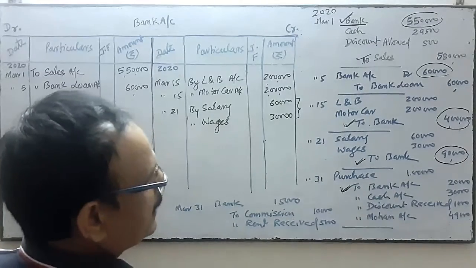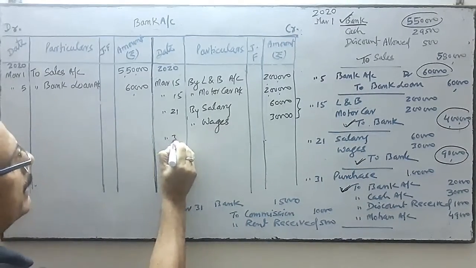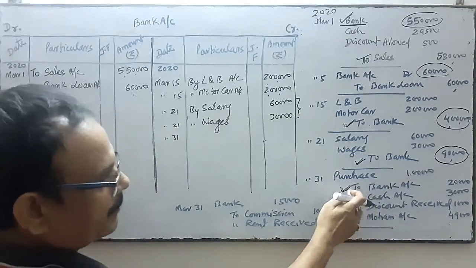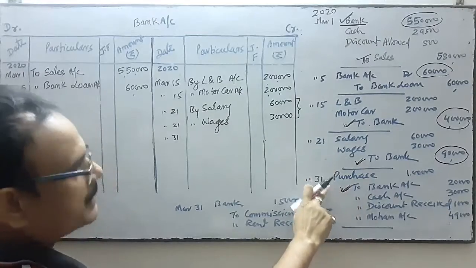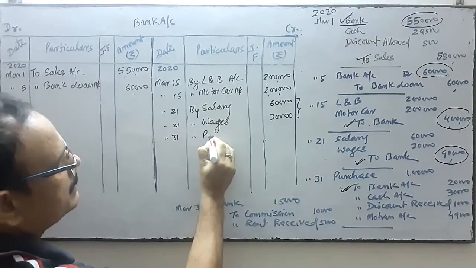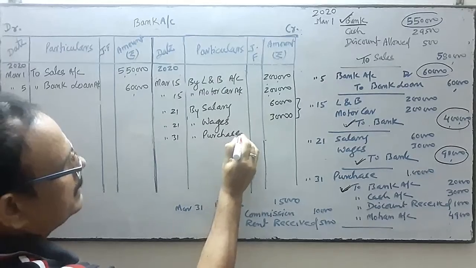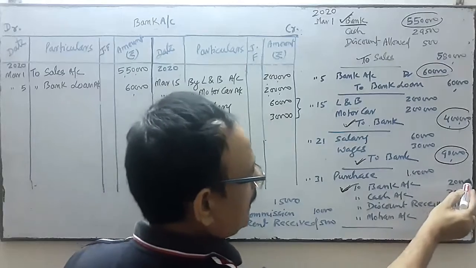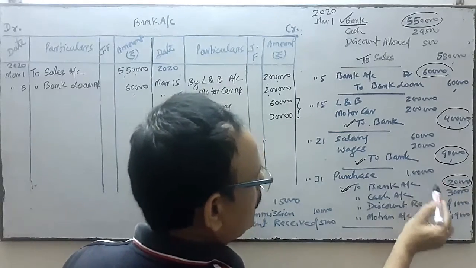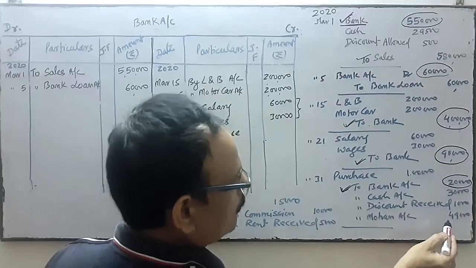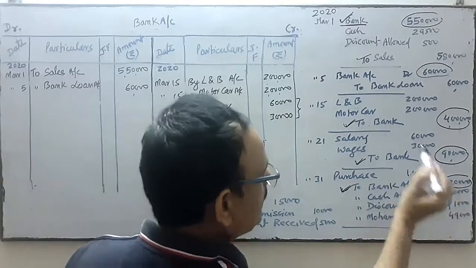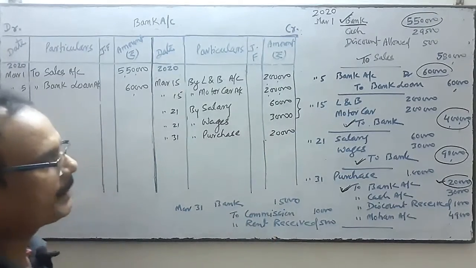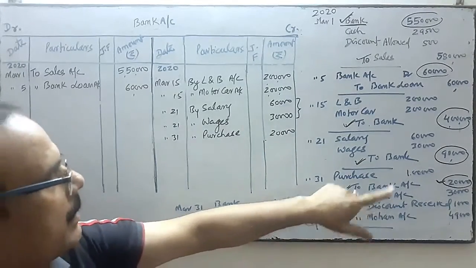Here you see the bank is on credit. So in the credit side I will write "by". Which account will I write? Bank is on credit. The opposite side is which account? Purchase. By purchase. Which amount will I write, this amount or this amount? We will write this amount because this amount comprises cash, discount and Mohan both. I have to write 20 only. So 20,000, only 20,000. By purchase, opposite of bank.